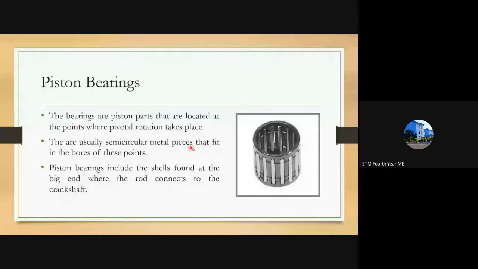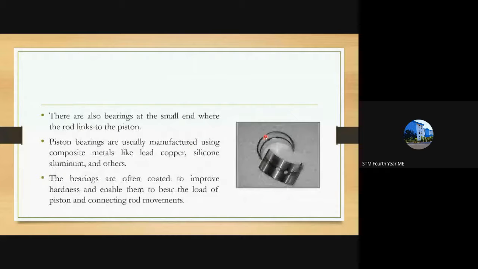It can be in the form of roller bearings, wherein there are rollers which reduce friction and roll inside the piston pin. These are other types of bearings. These bearings are also set inside, and you can see there are holes here. These holes are provided so that oil flows in, lubrication occurs, and smooth movement of the piston pin inside the piston occurs.